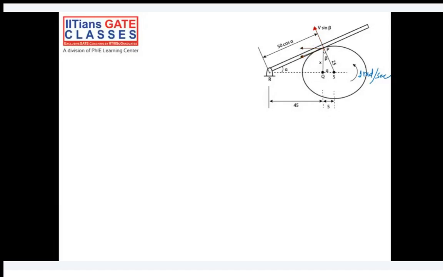I hope you understood how this velocity vector is drawn, and how its components in the vertical and horizontal directions are drawn here. Okay,